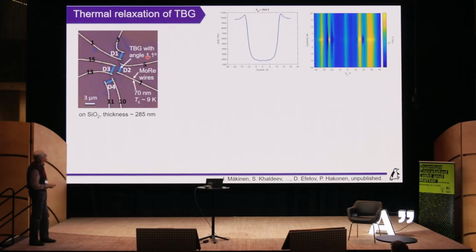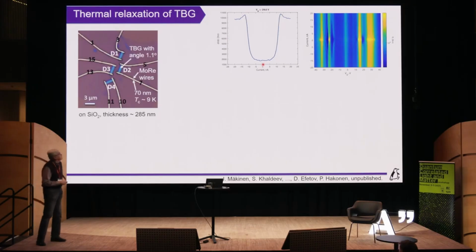Unfortunately, when we have measured these, the resistance doesn't go all the way to 0. So here is current, and here is the resistance. You can see that it's about 1.5 kilo ohms. And this is very unfortunate because this experiment was supposed to measure the kinetic inductance of these devices, so superfluid stiffness of these devices. But since it has this resistance, you can't really measure the kinetic inductance of these devices.